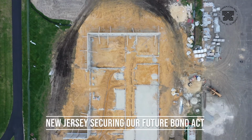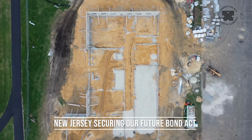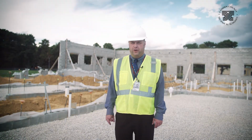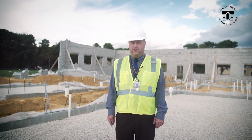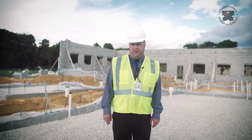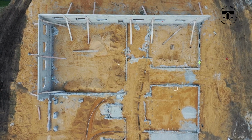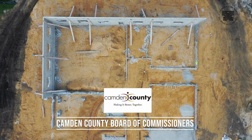Funding for this facility has come from the New Jersey Securing Our Children's Future Bond Act, which was passed by New Jersey voters several years ago to invest in vocational and technical education throughout the state. Almost 25% of that funding has come from the taxpayers of Camden County through the efforts of the Camden County